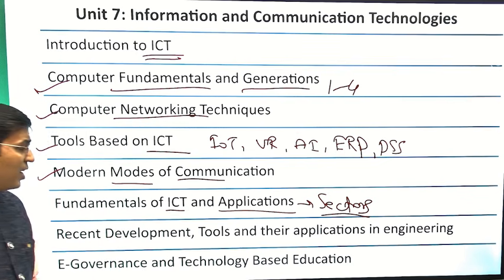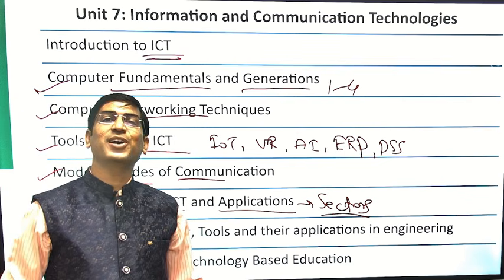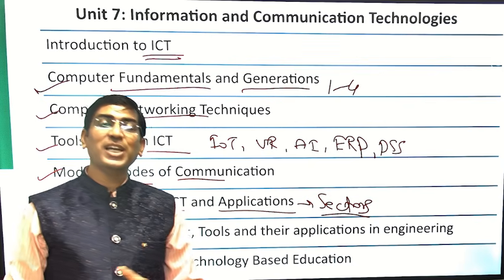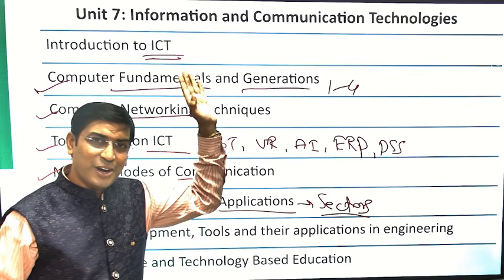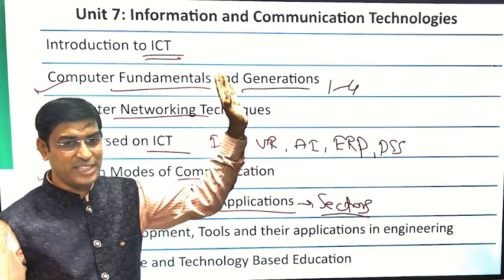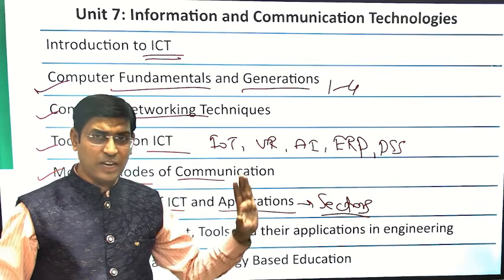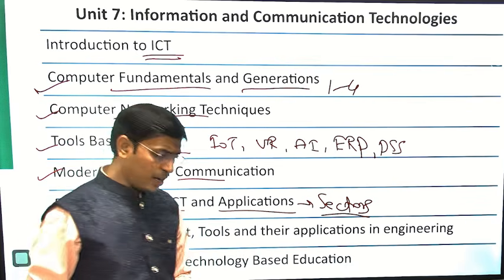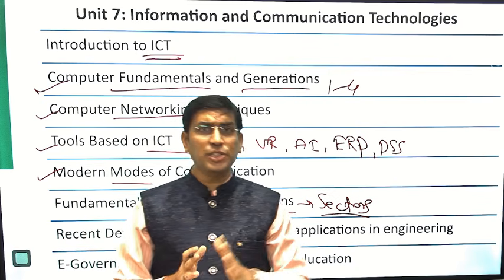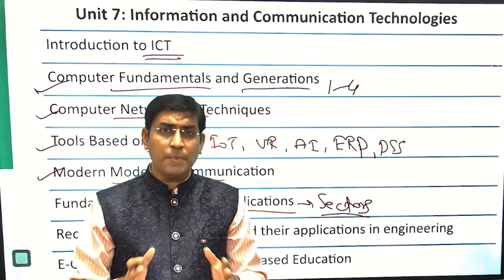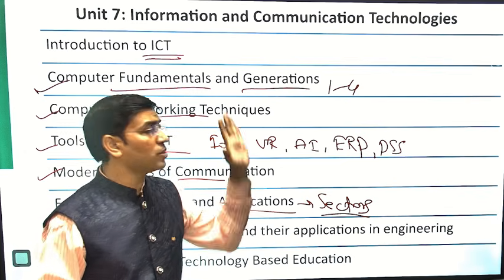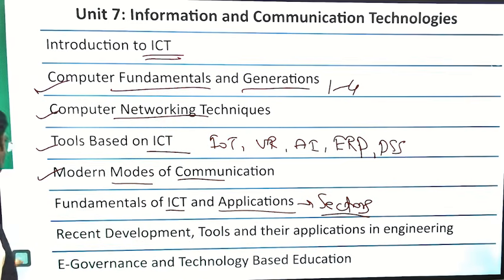And finally, e-governance and technology-based education. So with the help of technology, how we update ourselves, that could be associated, we could say, positive implication of ICT. So ICT is specifically from that point of view. Apart from that, the basics, computer generations, the RAM, ROM requirement, or all CPU networking requirement, these all are present for the ICT point of view.